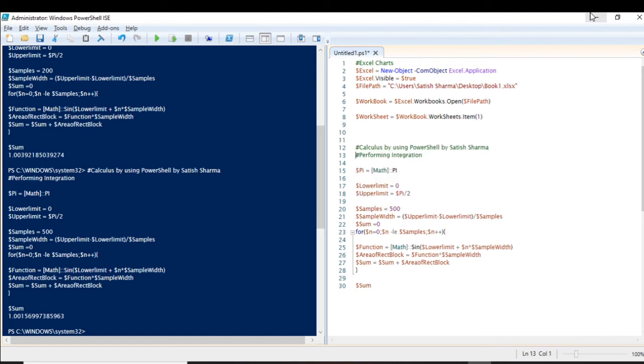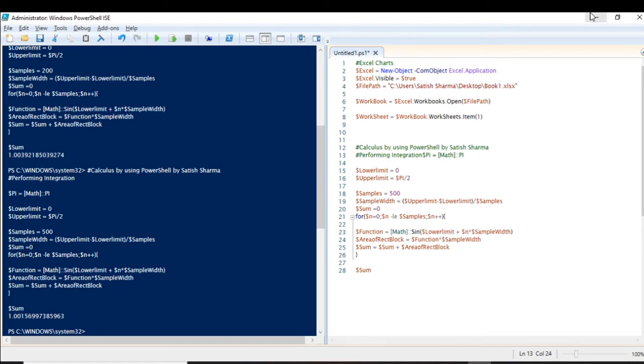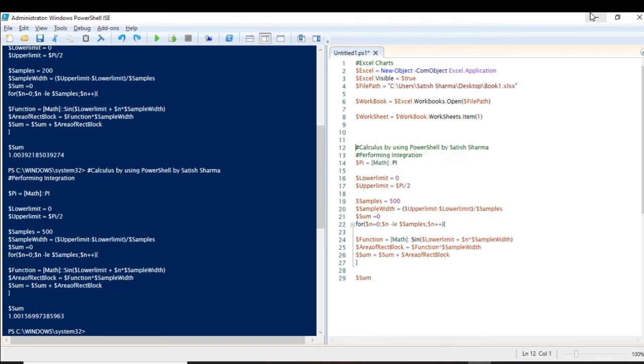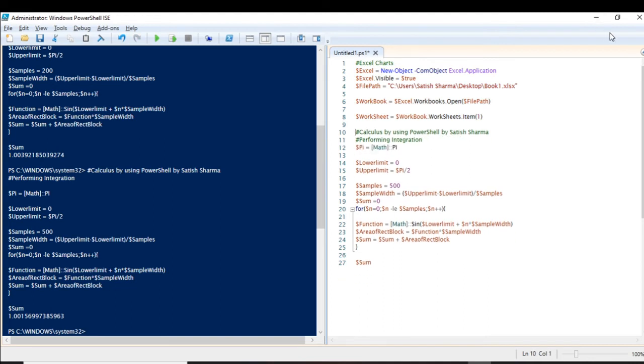Till now it is okay, and now what I'm going to do is insert these selected cells in the Excel sheet.